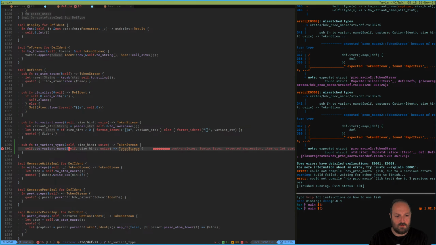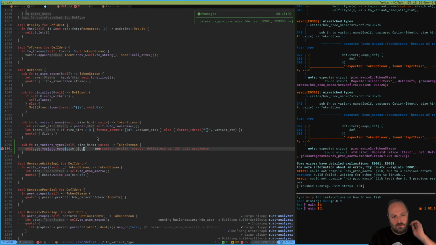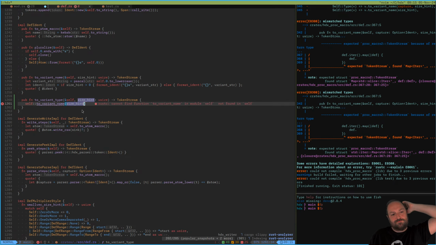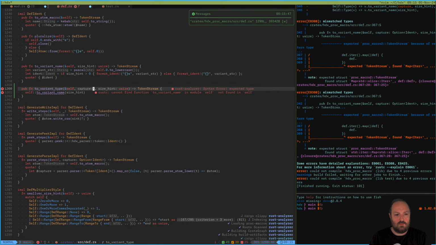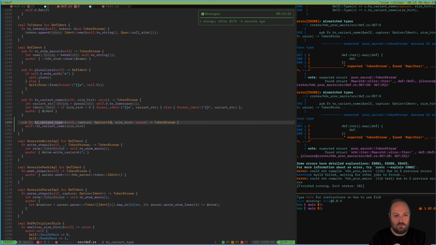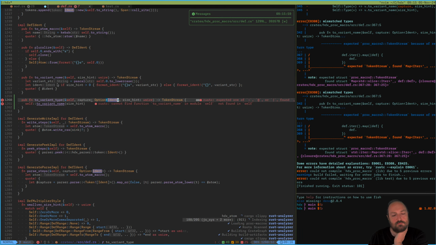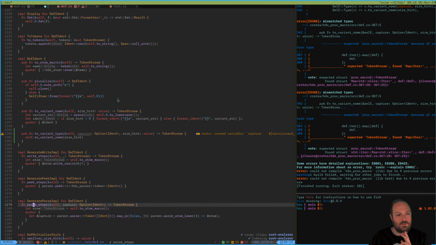Nope, that's going to be self to variant name. So I'm just going to call do variant name for this. Just capture variant type capture option ident. This should be dot. So